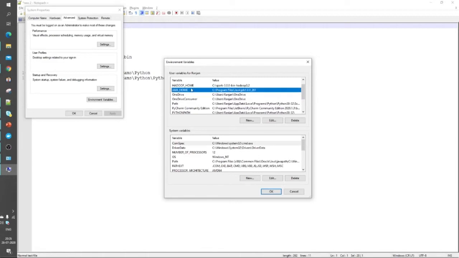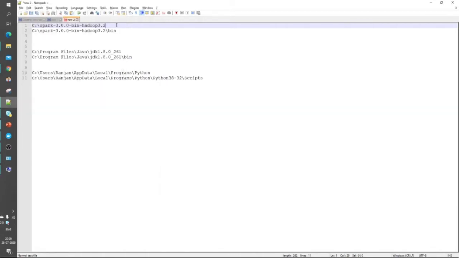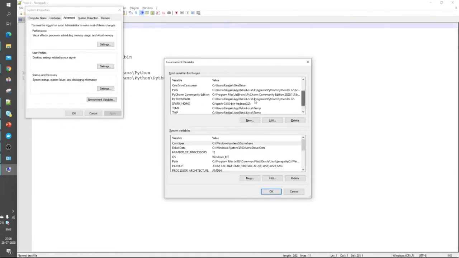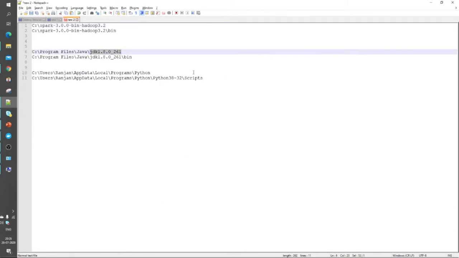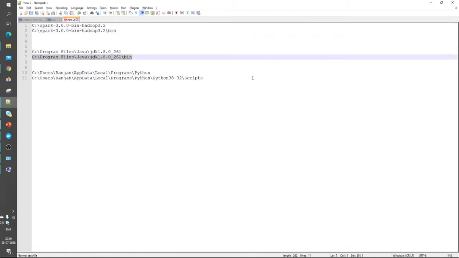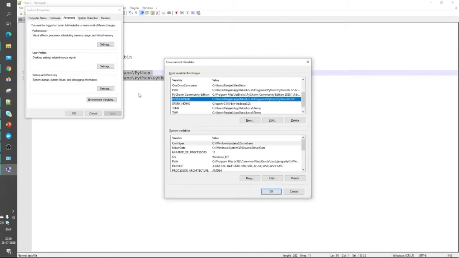You will see this is for Java, and the same I have to perform for Hadoop. This directory I have to use for Hadoop as well, and this for Java. This is for Python. I have named it Python Path. You can give it any name. So I have used this one and this one. The second directory I will store into the path variable. These were the environment variables that we have configured.